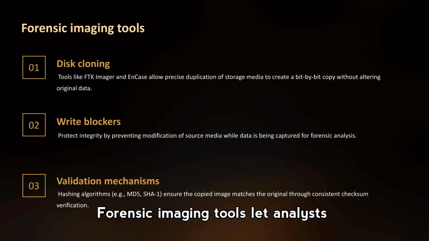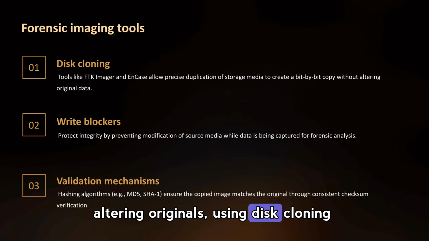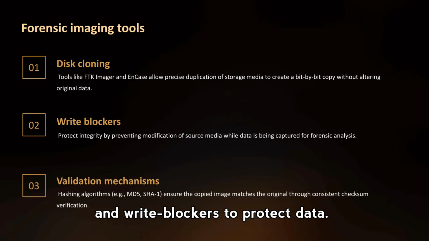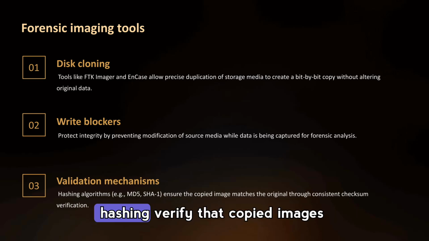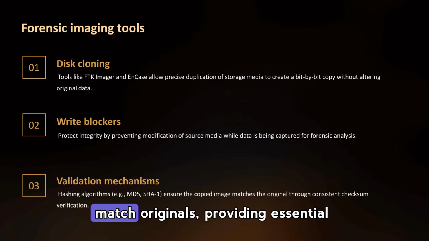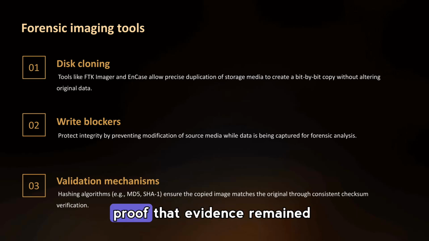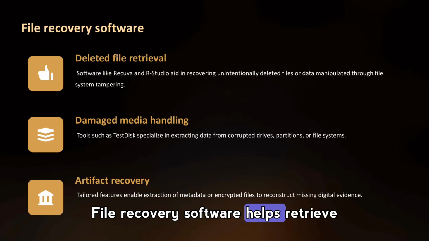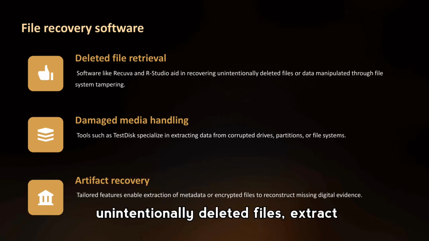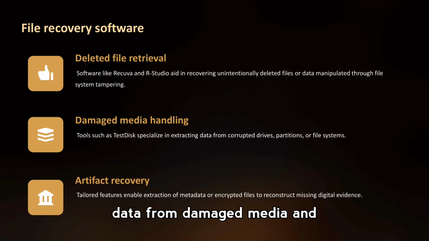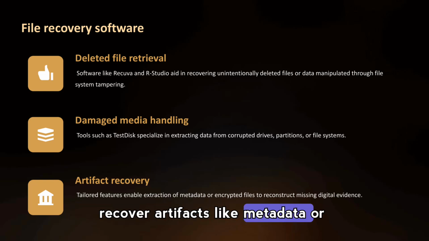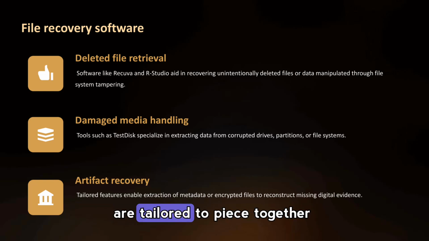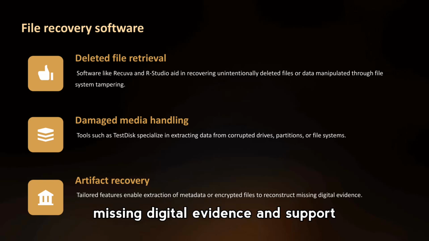Forensic imaging tools let analysts create exact disk copies without altering originals, using disk cloning and write blockers to protect data. Validation mechanisms such as hashing verify that copied images match originals, providing essential proof that evidence remained unchanged during acquisition. File recovery software helps retrieve unintentionally deleted files, extract data from damaged media, and recover artifacts like metadata or encrypted fragments. These tools are tailored to piece together missing digital evidence and support reconstruction of timelines and user activity